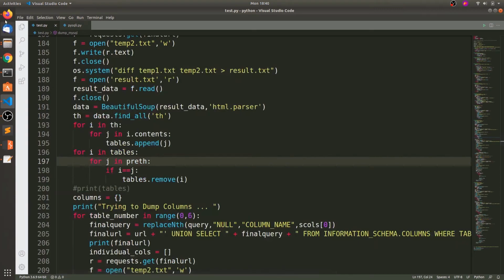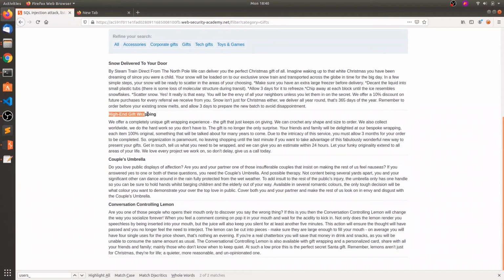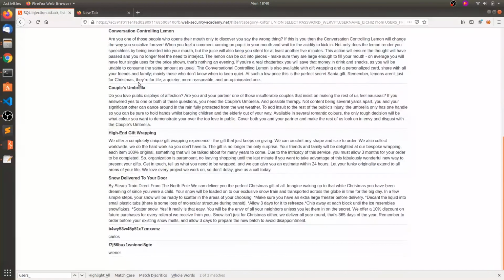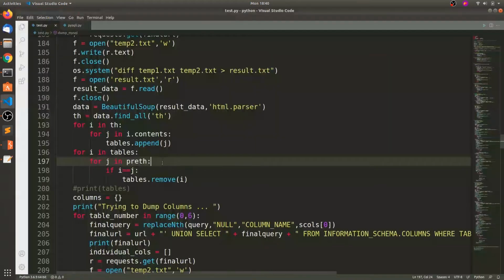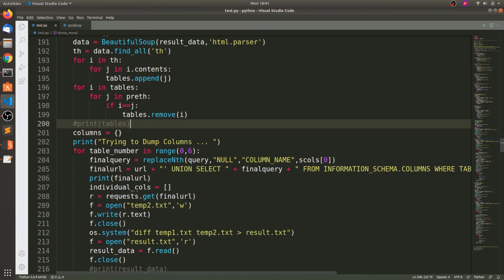There will be these table headers, which may be repetitive in both. You can see high-end gift wrapping here, and if you go back here you can see high-end gift wrapping. Whenever you extract this using Beautiful Soup, you will get a few of these in the same page, so that's why I'm going to clear them. Finally I will get all the tables in the database.